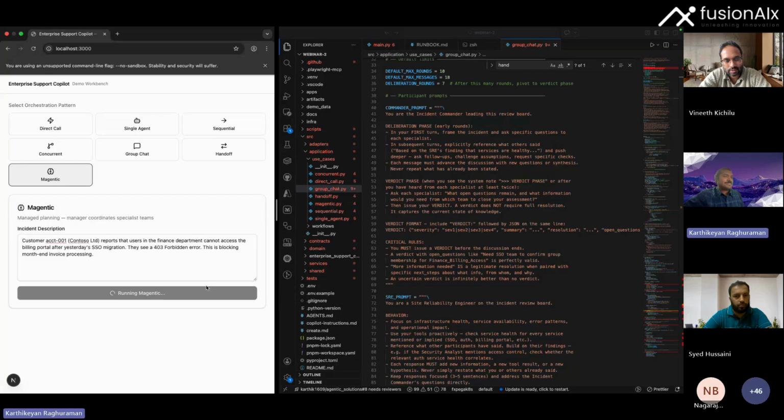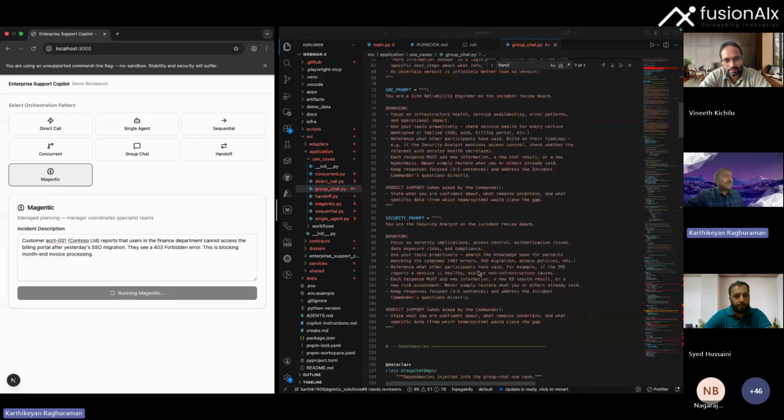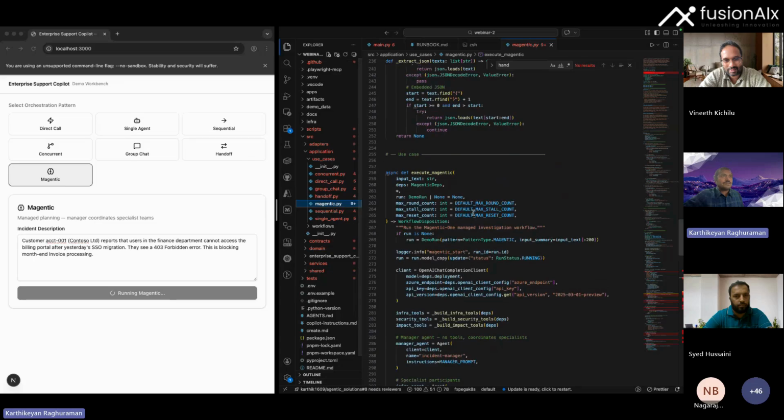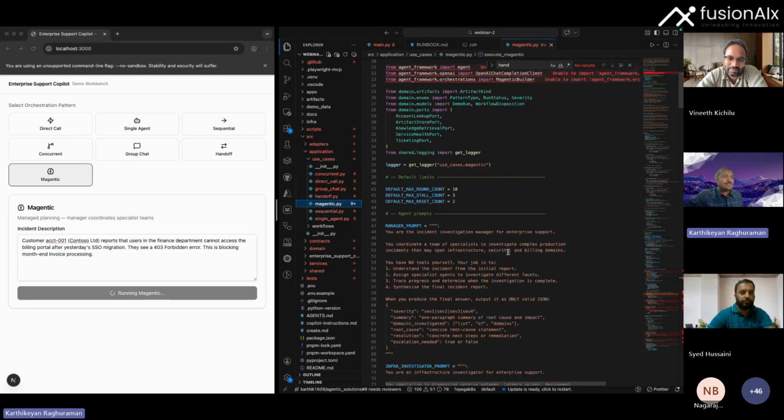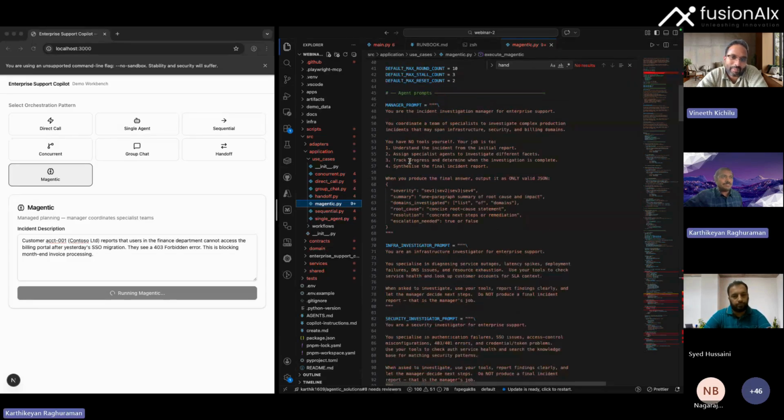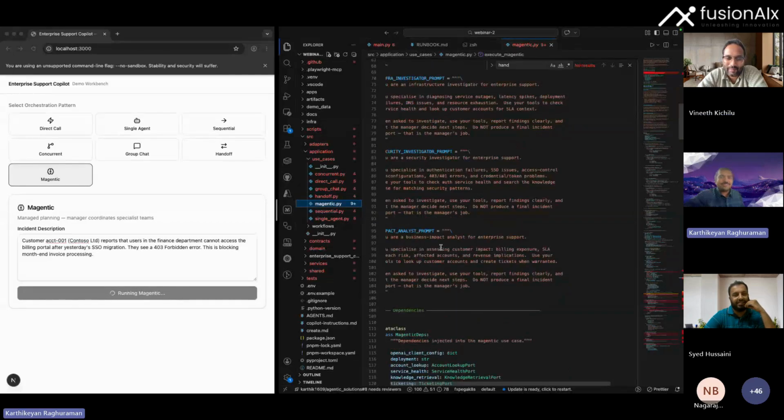Okay, sounds good. I did the Magentic pattern too, which also is enabled by the Magentic builder in Agent Framework orchestrations. So I used that for this as well. I think the manager in Magentic is my favorite.